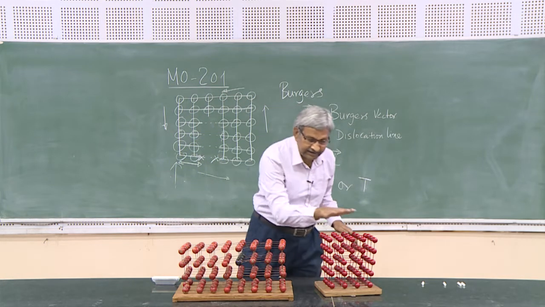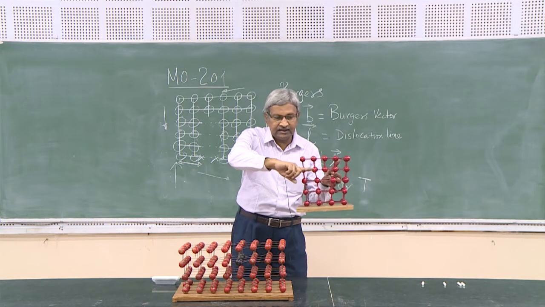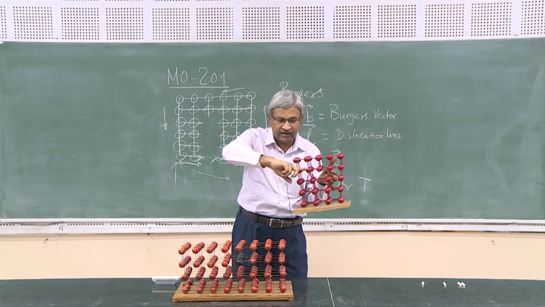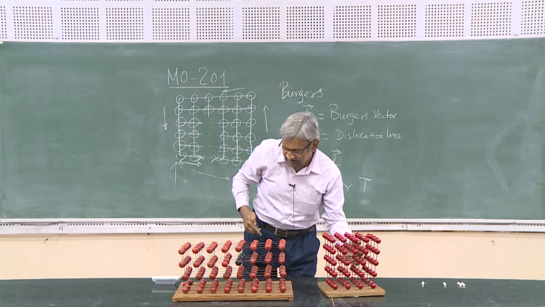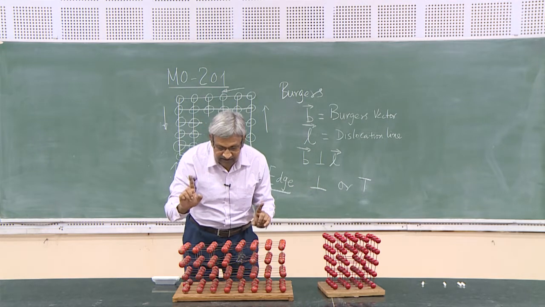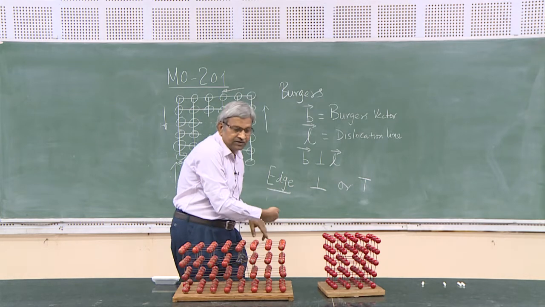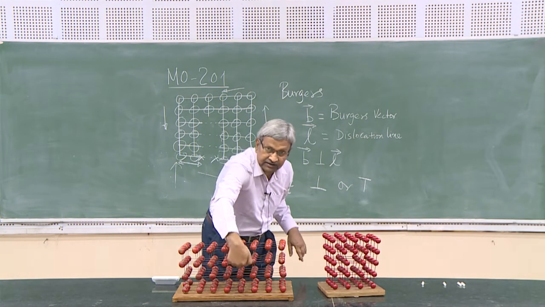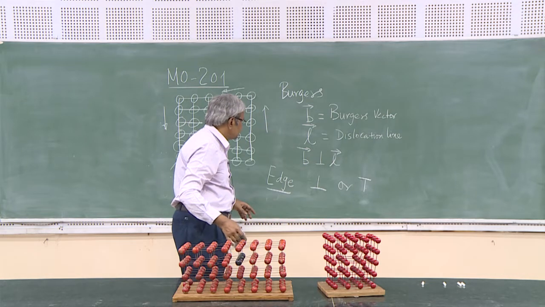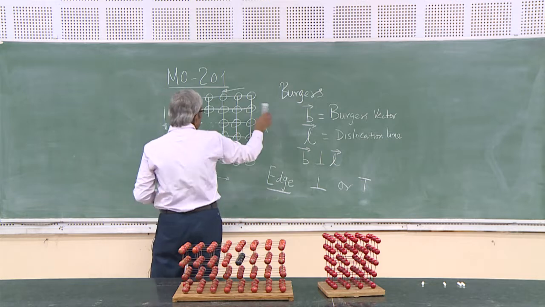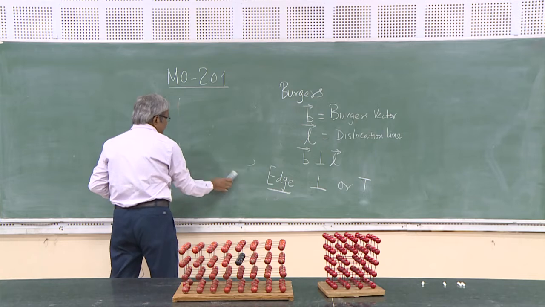Unlike the previous case, that is the edge dislocation, where the Burgers vector was this, or the missing step was this, whereas the line of dislocation is this, they are at 90 degrees. Now come back to this place. This is not like that. When the screw action is there, it is moving towards me, and the line of dislocation is also towards this. So the two are parallel.